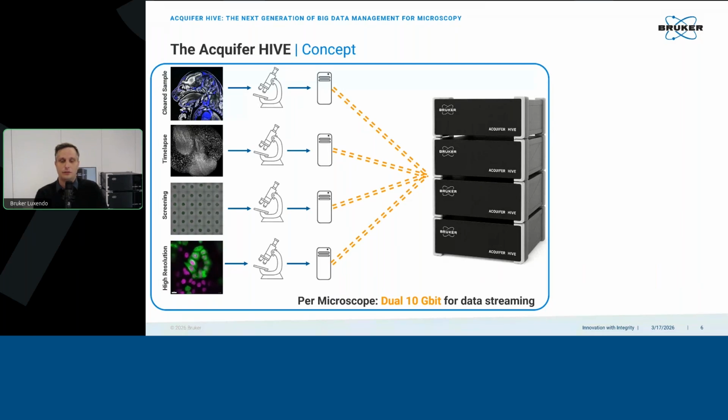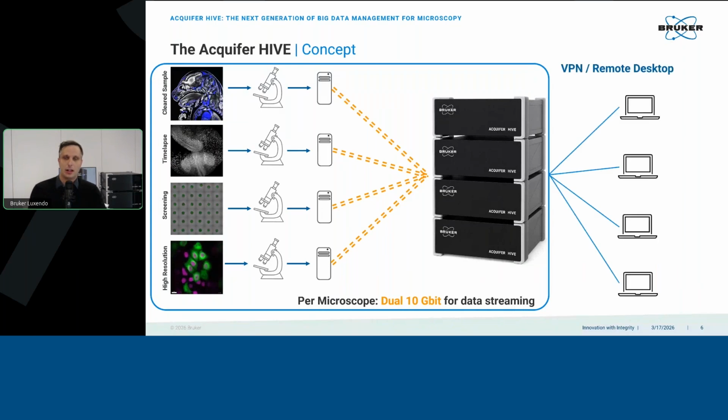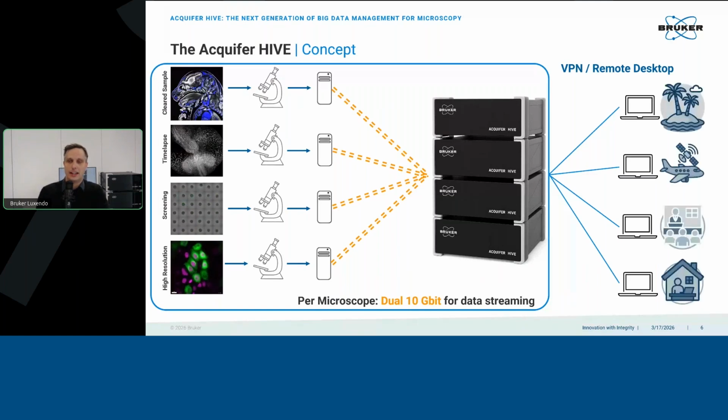So the Hive will be a central component in the imaging facility. You then can access your data and do processing on the Hive directly via a VPN and remote desktop from basically anywhere in the world. Be that in home office, wanting to get the last image from your data set for the presentation, or even while traveling or in remote